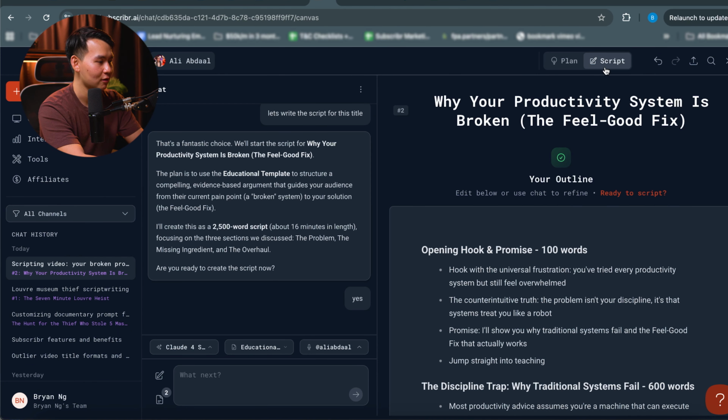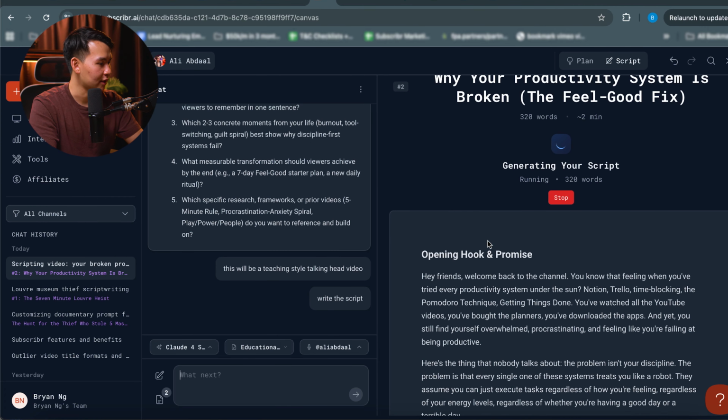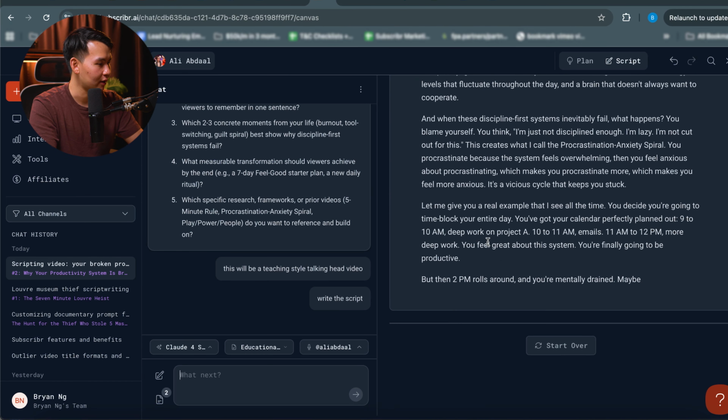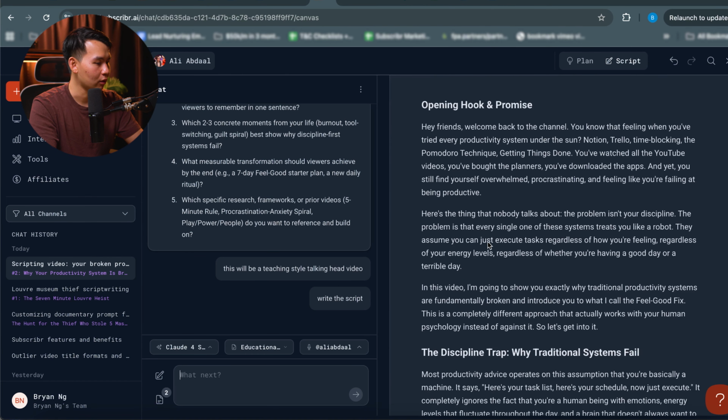And over here, once this is ready, you go to script. And bang, once you tell it to write the script, you can see it starts generating the full script, and it will go on and on and on. And you can do the exact same for any single template, any niche that you want, or you can customize the templates